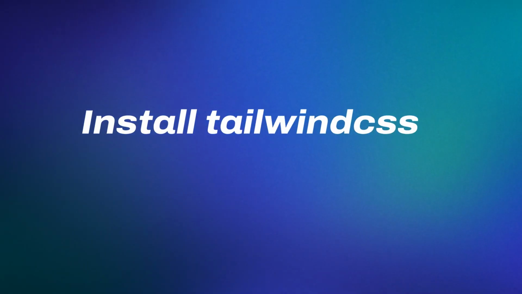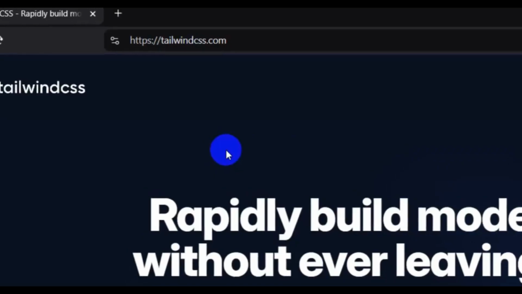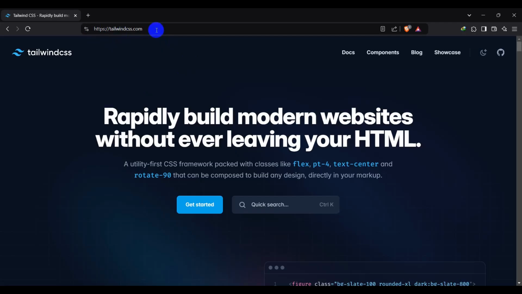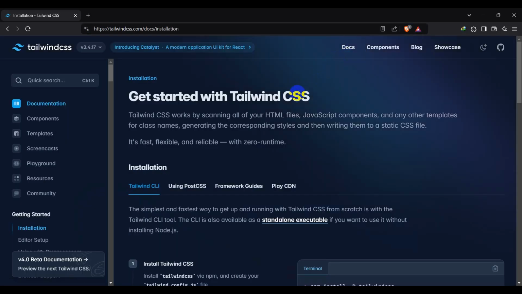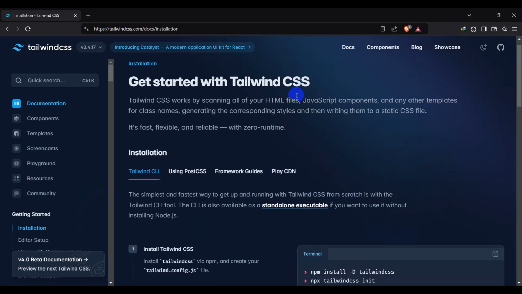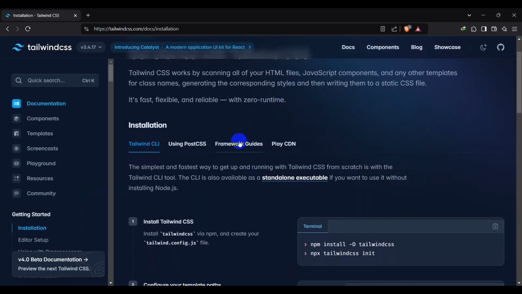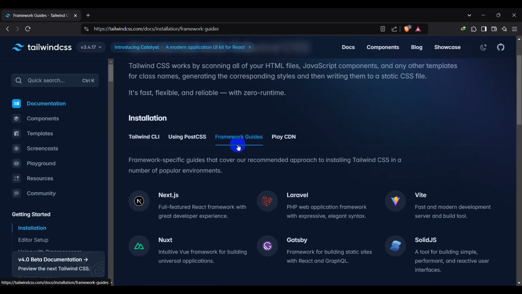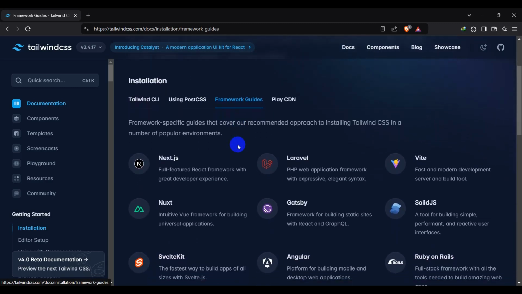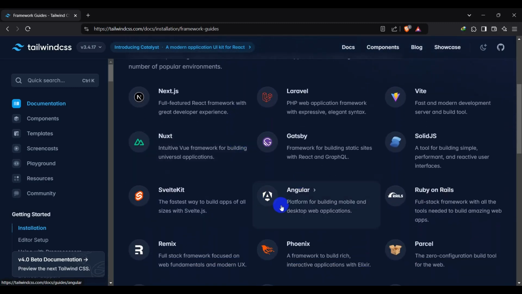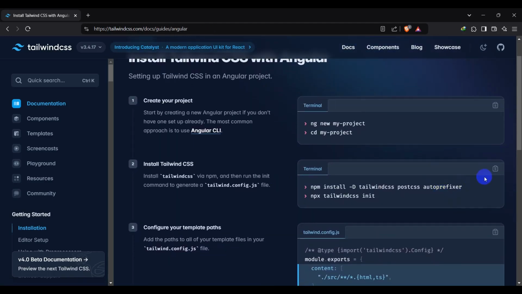Okay, in this tutorial we are going to install Tailwind CSS. Let's go to tailwindcss.com and let's click docs and let's go to framework guides and scroll a little bit. Here let's click Angular and let's copy this one